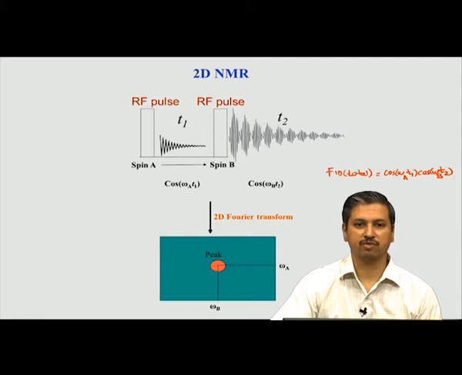What is the transfer efficiency? The transfer efficiency is basically how much percentage of magnetization A during this period of evolution has been transferred to B. Now, that depends on a variety of factors. Number one, it is basically the strength of interaction. If spin A and spin B are nicely well coupled to each other, then the efficiency is high, but if they are very weakly coupled, then the efficiency is low. So, one of the main factors is the J coupling of the spins.